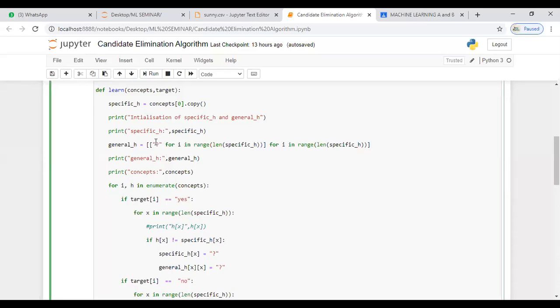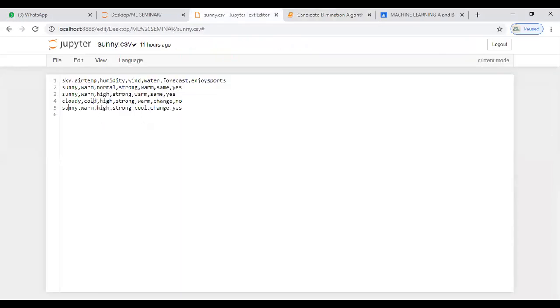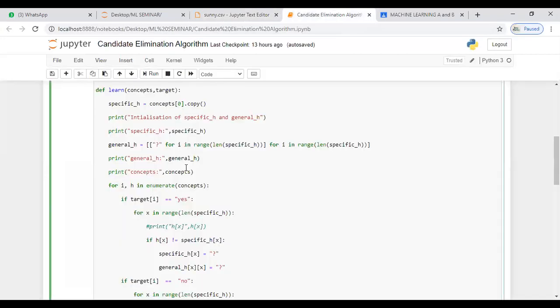But in the case of cool and humid, you can find over here. Okay, so you can find warm and cold. So here the data will be replaced. The two terms are different, they are opposite. So now I replace it with the question mark. That is what the program means. Now whatever data has been stored in general_h, I print it. Now I again take a print statement and I print concepts. Now the execution happens. So you can find here.